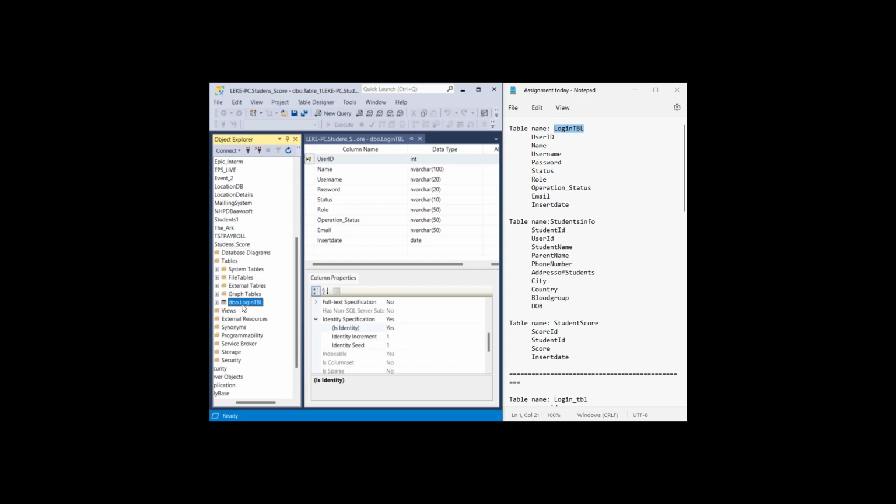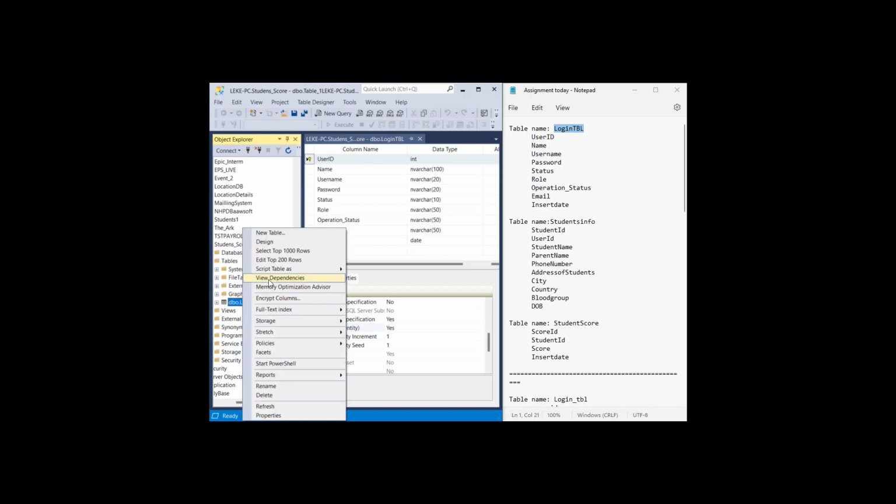Now on the table that you created, click on the table and right click on it. After right clicking, you will see some information displaying. You can go back to design. Design is what you are seeing here, what we use to design the table. Now you can see select top